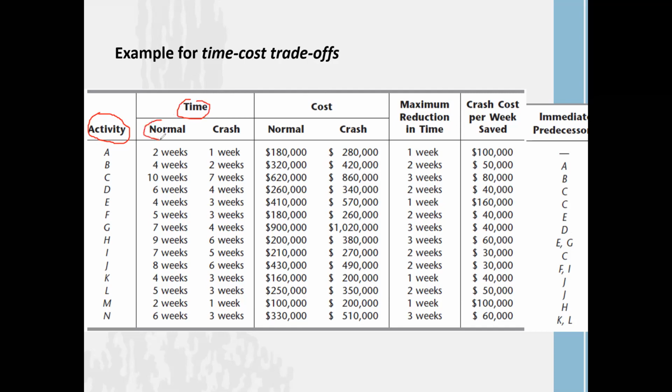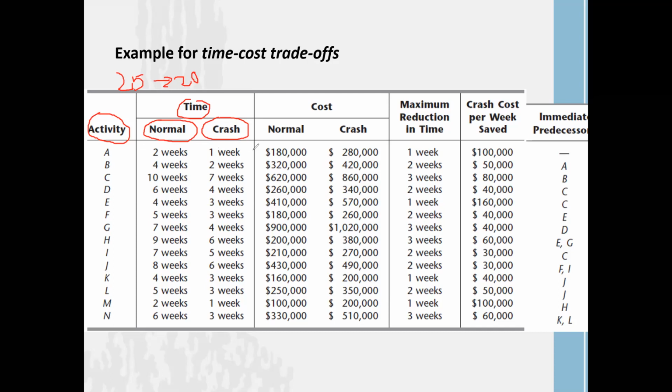That means this is your normal time period. If you complete the project in the regular time period, that is the time to complete each task. But if you are going to expedite the project, like from 25 to 20 weeks, this is the way we can reduce our activity completion times. For example, if we do activity A with the normal time period, it takes 2 weeks. But if you try to expedite, you can complete it in 1 week.